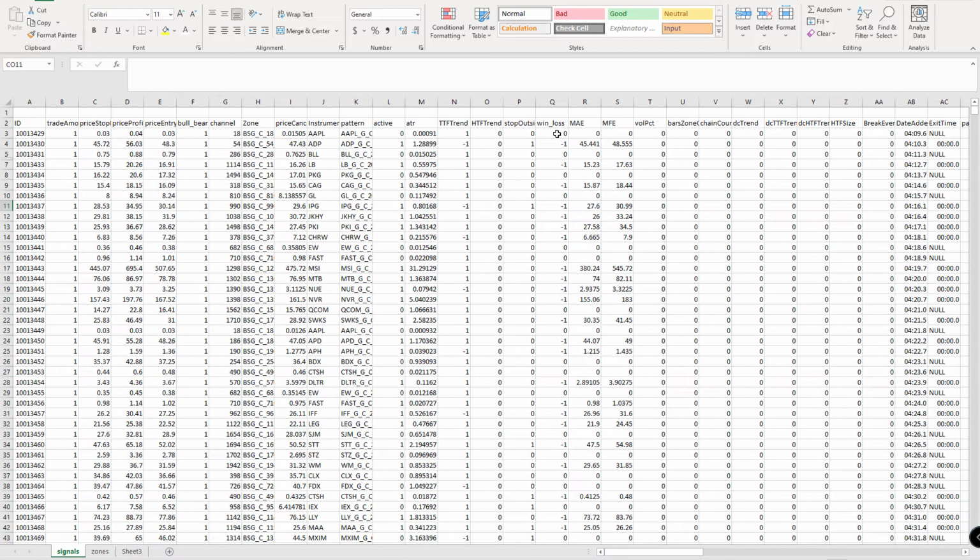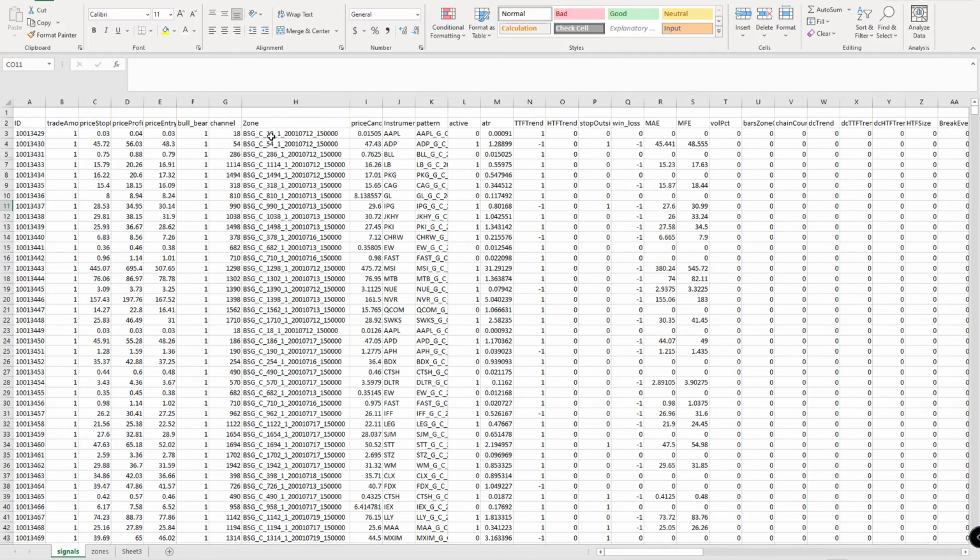This runs through our database, and you can see that every zone gets labeled with a unique identifier. The BSG just stands for buy sell green, so this is a buy zone. If I were testing the sell zones, it would say buy sell red, and then it gives me the stock, which is the C, it's Citibank, and then it gives me the date. This is 2001, July 12th, and then